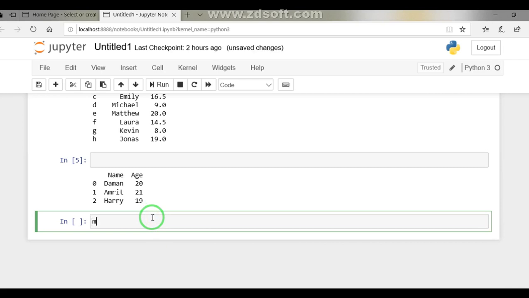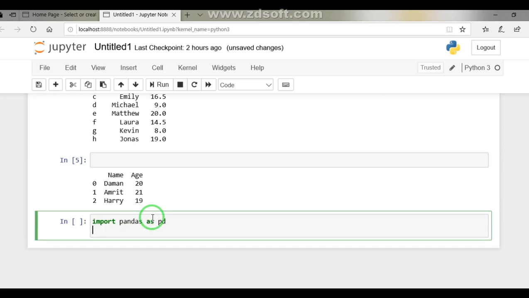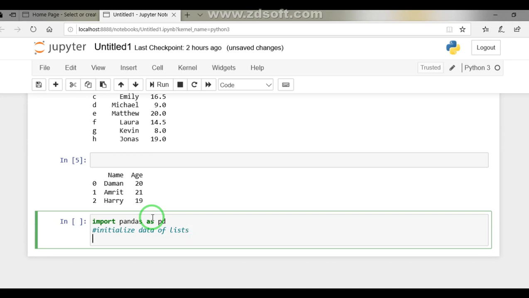First is import pandas as pd. The first step, I am writing here under a comment, is to initialize data of list. We will be creating two lists. Input the values, data is equal to